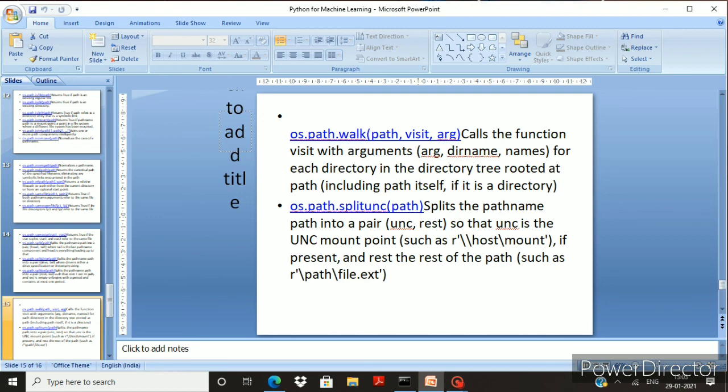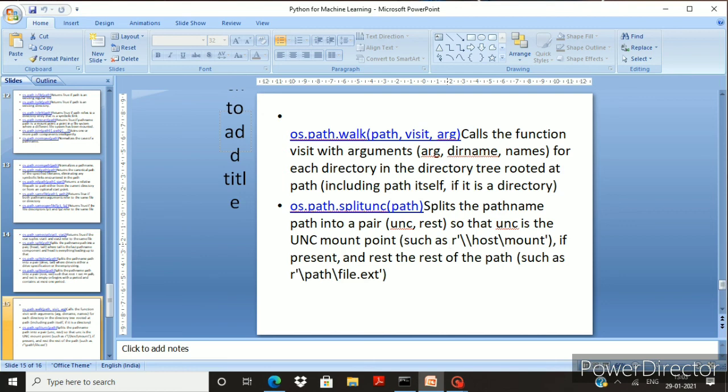Okay. Next one is the split truncation. This one is not for your use. This is for Unix, but you should just study it. You should just understand the meaning of this one. This will split the path pair into two types. You should understand only this much, because this split truncation is mainly used in the Unix system, not in the Windows system. So these are the 30 different functions of the directory.